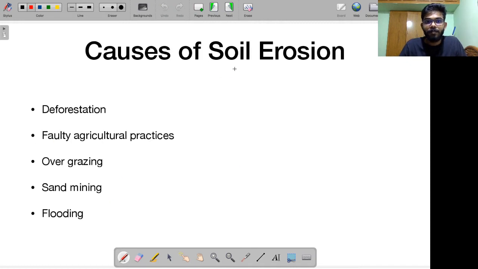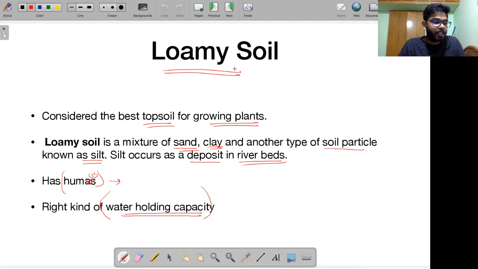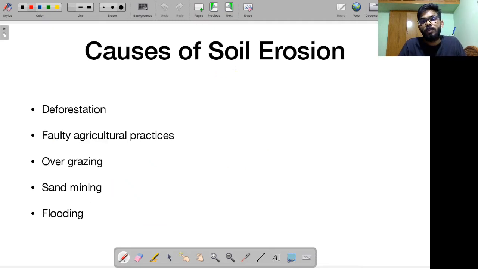Alright. Since we are talking about soil profile, this brings us to a discussion on soil erosion. Soil erosion is nothing but the washing away of the top layer of the soil. What are the various causes of soil erosion? We will be taking this up multiple times. I will be taking up the same topics again. Remember, we are following class 6 to class 12 NCERT, so obviously only the basics are initially addressed. Over a period of time, we will be building upon these concepts.